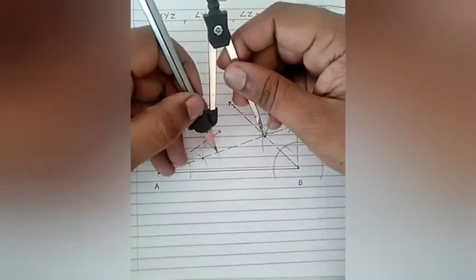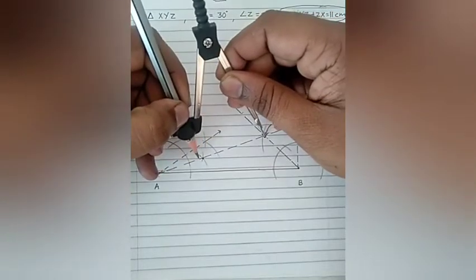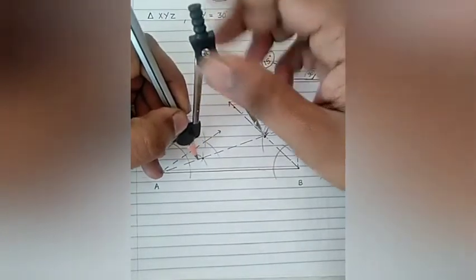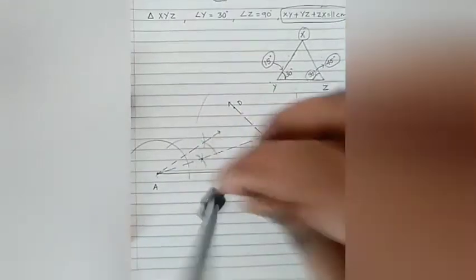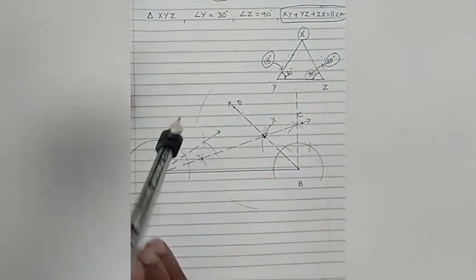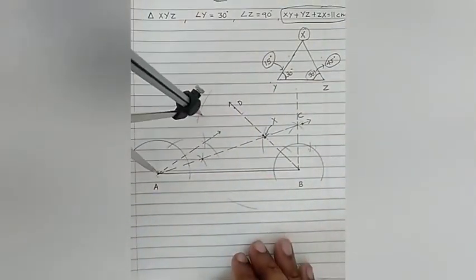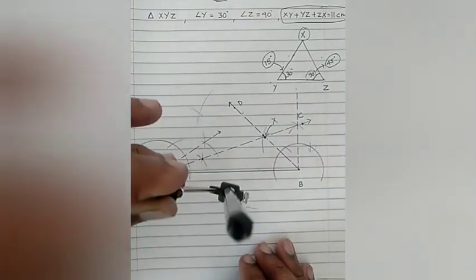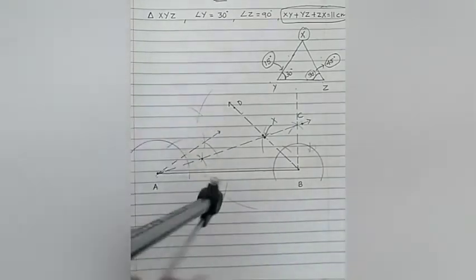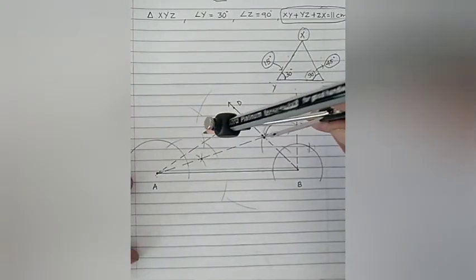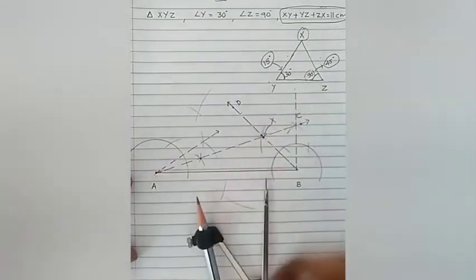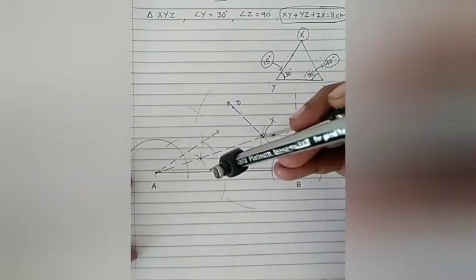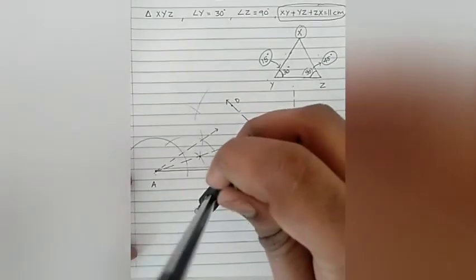To make the perpendicular bisector of AX, I'll measure more than half of AX. And then take an arc above as well as below from point X, and now from point A make an arc above and below. If you could see here, they haven't met. So I'll just bring it back to point X and try to extend it in the correct manner. Just a minute.